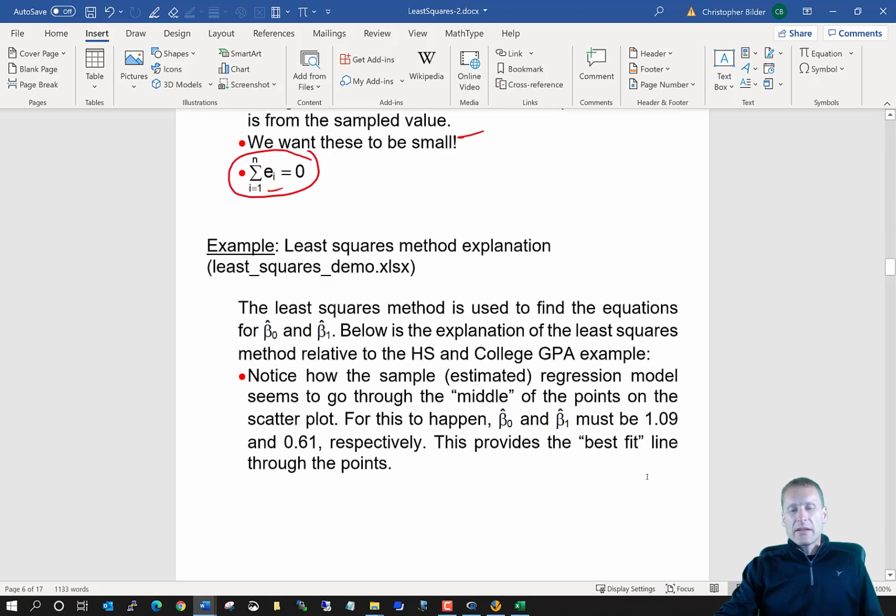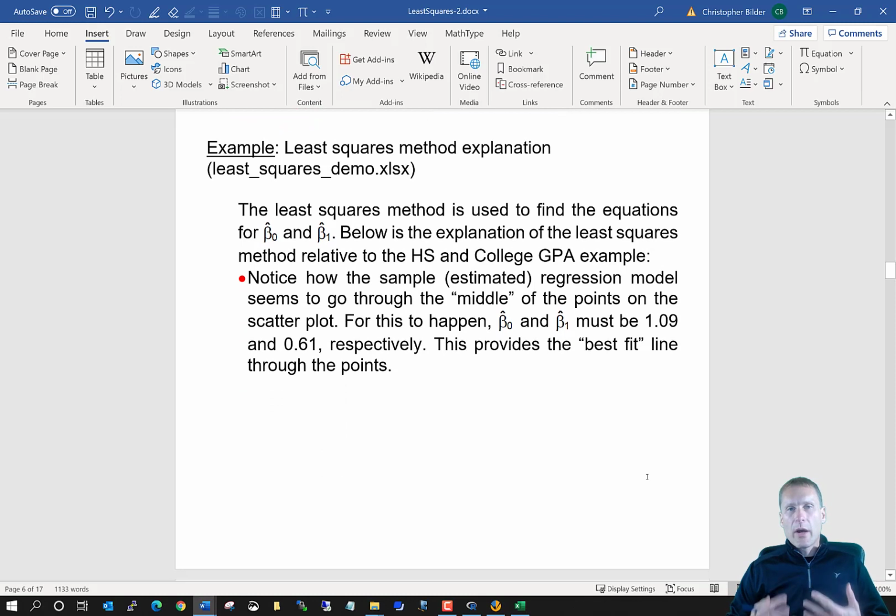Okay, so let's talk about how these equations for beta hat 0 and beta hat 1 come about. I have two separate explanations. The first is an intuitive explanation, and then we'll go into a more mathematical explanation as well. And the stuff that I do here is in an Excel file, another one of these interactive Excel files called least squares